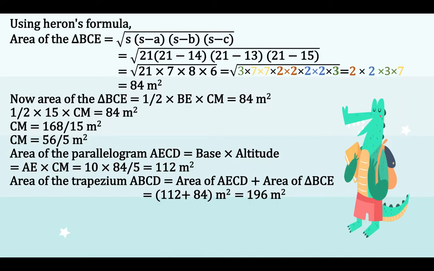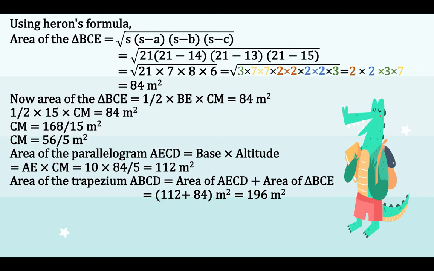Now using Heron's formula, I will find out the area of triangle BCE. This is how I will do it. Substitute the values of S, A, B, C, everything over here. I get the answer as 84 meters square. Now area of triangle BCE is equal to how much? Tell me, area of triangle BCE is equal to